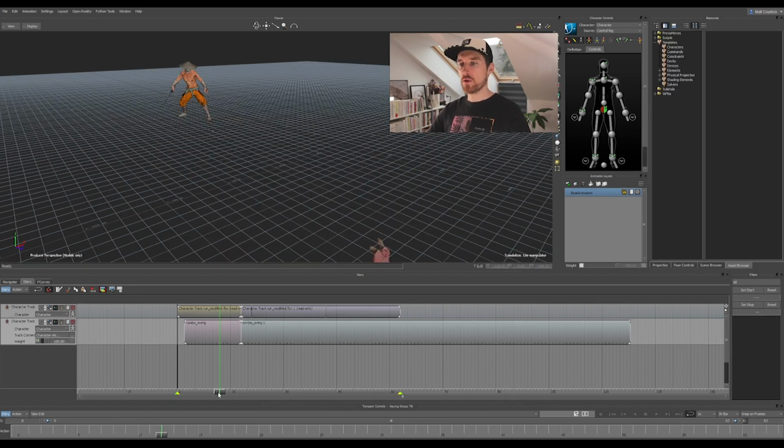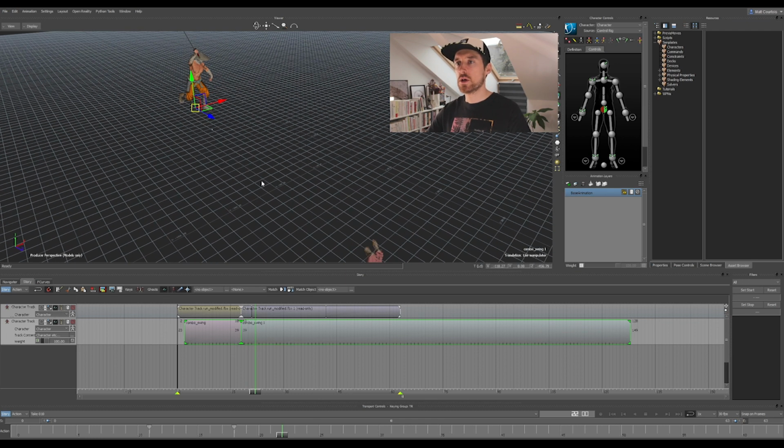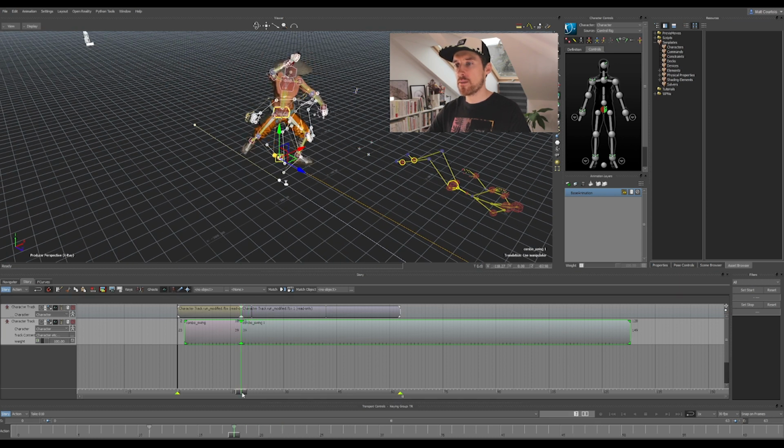Okay, so in our example here, we want to start by having a weight of 0. And then somewhere near the moment we have that left step, we want the weight to be set to 100, so that we smoothly blend from one track to the other. And now, of course, what we want to do, making sure we have both ghosts enabled, is that we're gonna have to make our clips match.